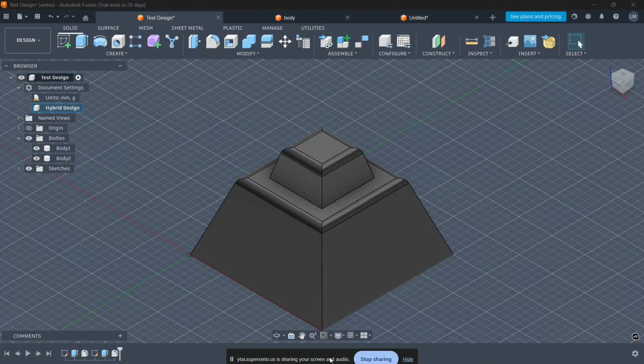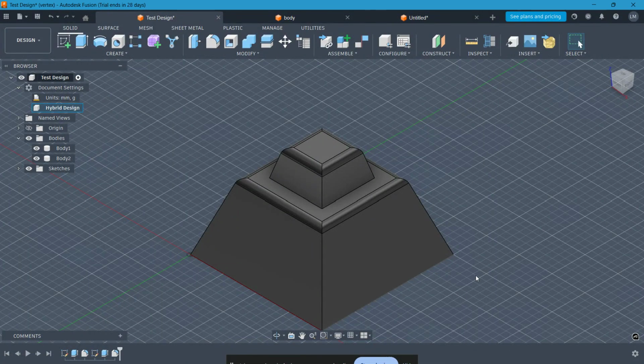In today's video, I'm going to show you a fundamental yet essential skill for managing your complex designs in Fusion 360, which is how to hide and show bodies within your workspace. When you are working on a massive project with dozens or even hundreds of components, the screen can get cluttered very quickly. Learning how to toggle the visibility of specific elements is key to maintaining a smooth workflow and ensuring